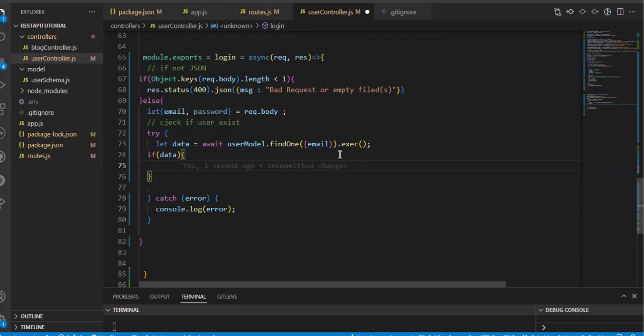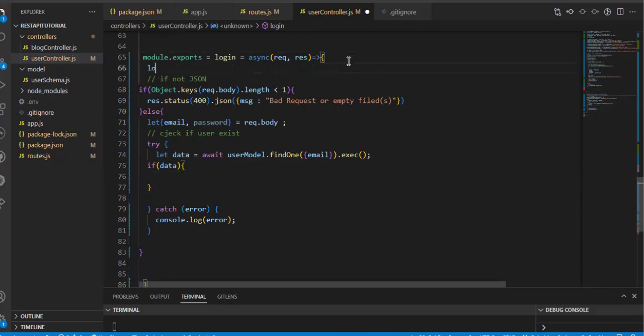But the question is, what if the data doesn't exist? What is it going to do? It's going to throw some error, or it's going to tell us that the password does not exist. So in this place, we're just going to create a login error quickly. And up here, we'll just say this is our, let's call it login error. So we say let login error